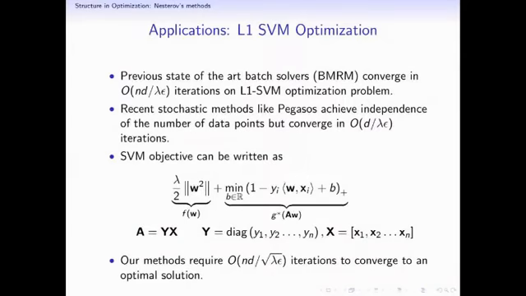One thing that might be of concern is that what we are doing here corresponds to L2 SVM, so basically hinge loss squared. It turns out that you can even solve the standard SVM, the L1 SVM, where you just have the hinge loss, using Nesterov style smoothing. Just to give you some introduction, previous state-of-the-art batch solvers, basically bundle methods, also solve the L1 SVM optimization problem, and they give you order nd by lambda epsilon rates. You can also use stochastic methods like stochastic gradient descent or Pegasos to solve the L1 SVM problem, and they actually get independence of the number of data points, but they give you order d by lambda epsilon rates